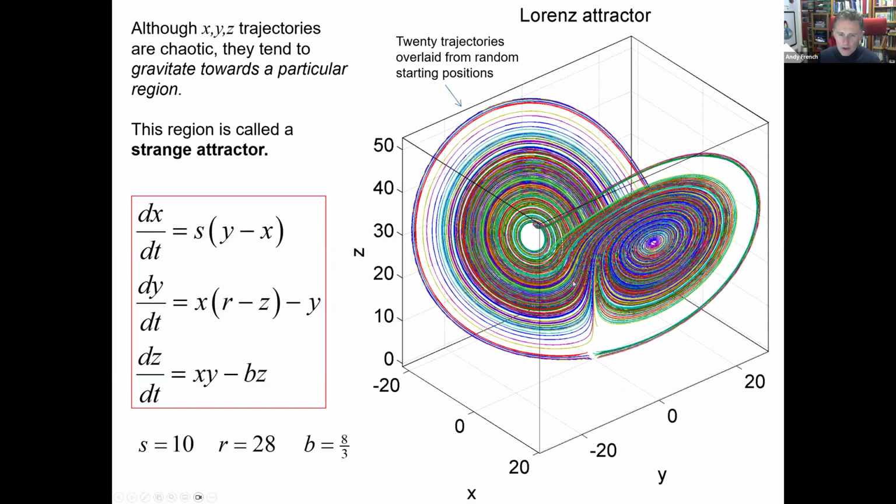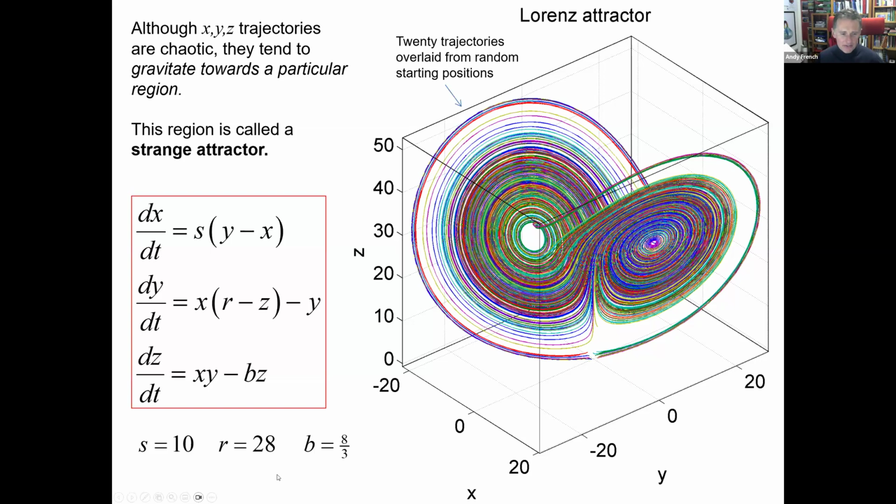It means that although the trajectories themselves are very chaotic, I've plotted a few of them, where each color is a different trajectory from a random starting position, nonetheless there is some structure. And what you find is that, a bit like the maze bifurcations, where certain growth parameters end up at a certain kind of equilibrium value, you're not in equilibrium here, but your trajectory ends up in this butterfly-like structure that exists in X, Y, Z. And that seems to attract the trajectories.